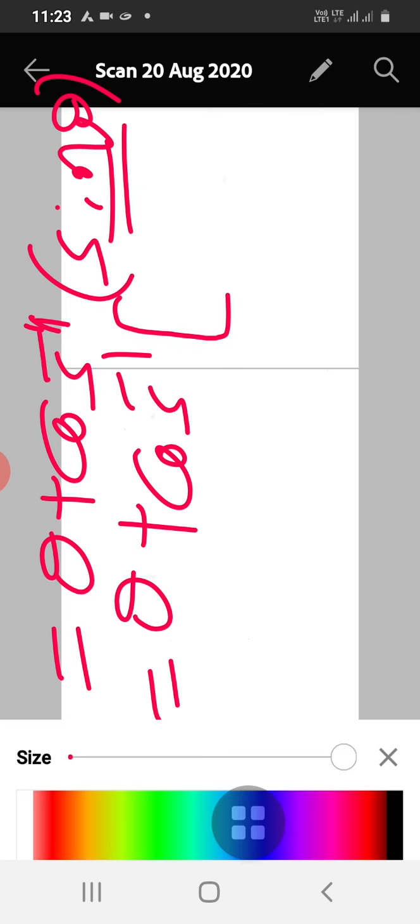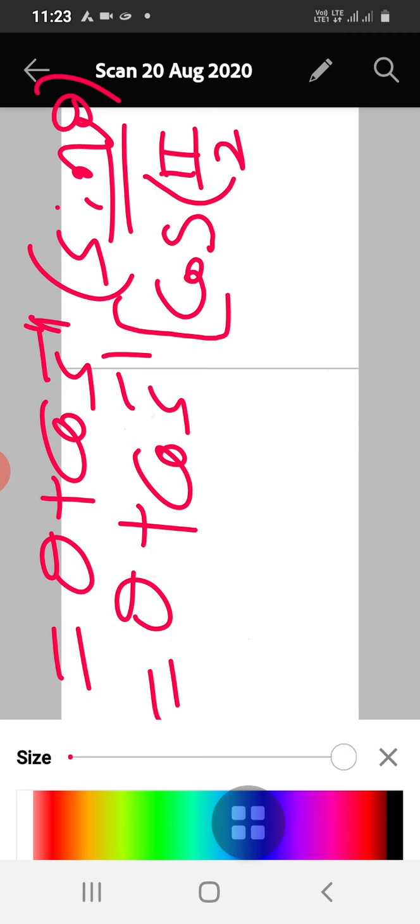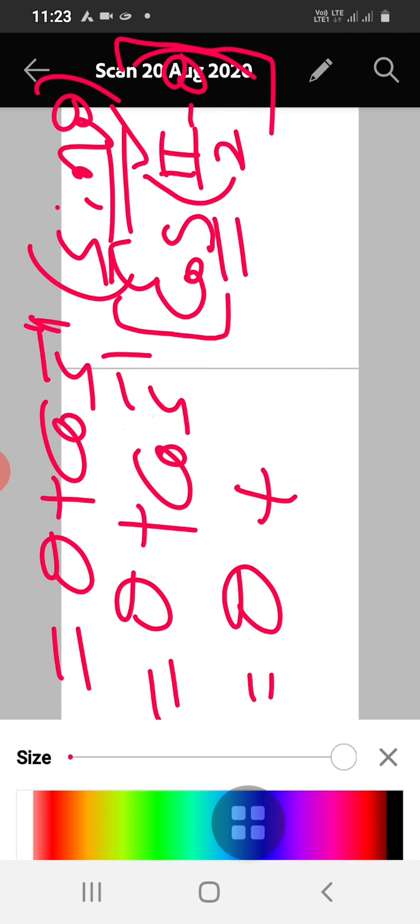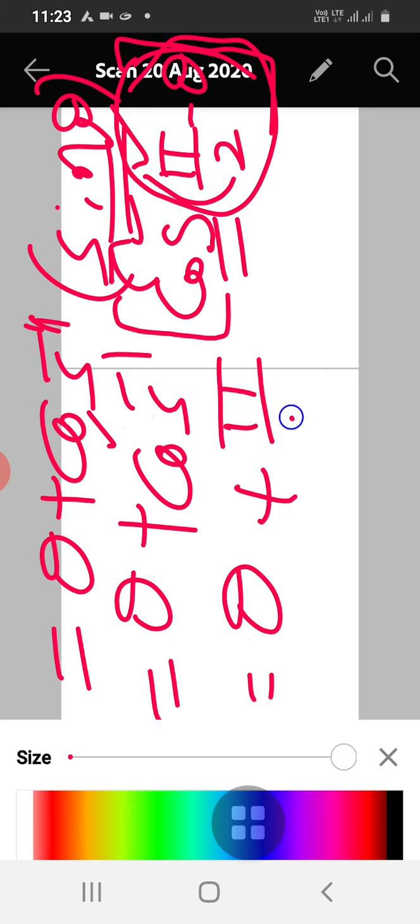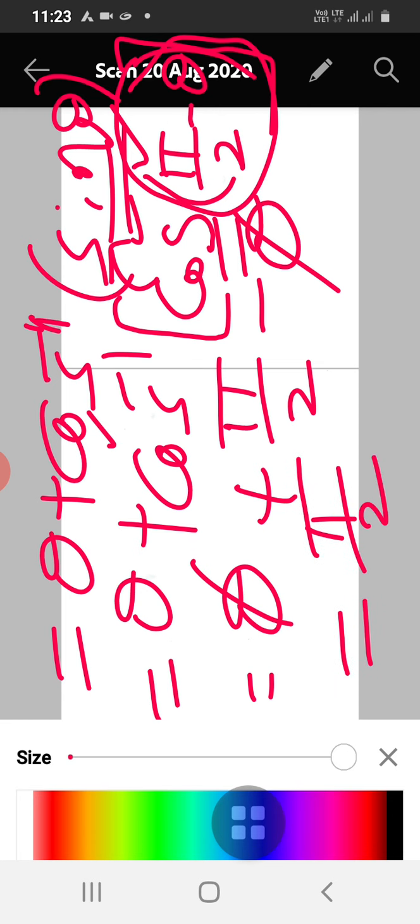You observe this cos inverse of sin theta. How can I write this sin theta in terms of cos? The ratio should be changed. Ratio changes means I should take pi by 2, 90, cos of 90 minus theta. Here 90 minus theta lies in the first quadrant and 90 degrees changes the ratio, so cos becomes sin. That's why I write sin theta as cos of pi by 2 minus theta. So now it becomes theta plus, see here, cos inverse of cos, then I should write only the angle here, plus pi by 2 minus theta. So this gets cancelled. So I'll get pi by 2.